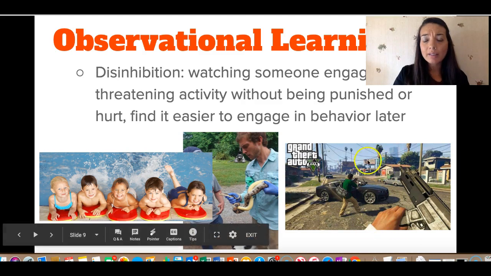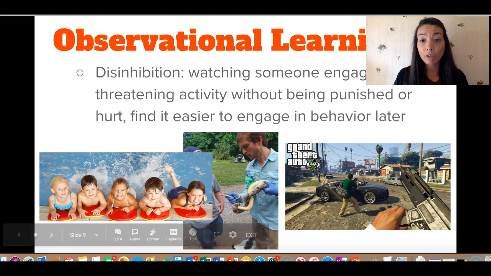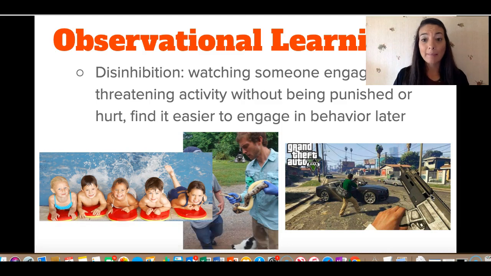But in these types of video games, right, that are violent, people are shooting other people, they're not necessarily being hurt back, they are not necessarily being pursued by the police and handcuffed and thrown in jail, right? So let's say that you have a little kid that can play these video games all day long.